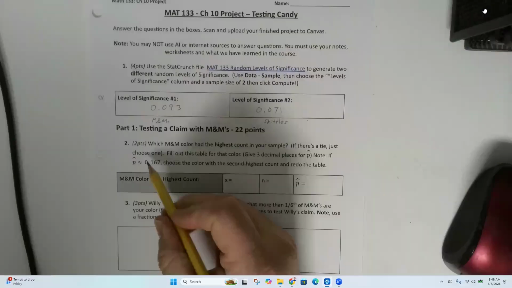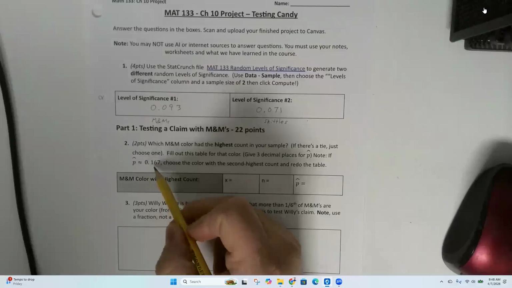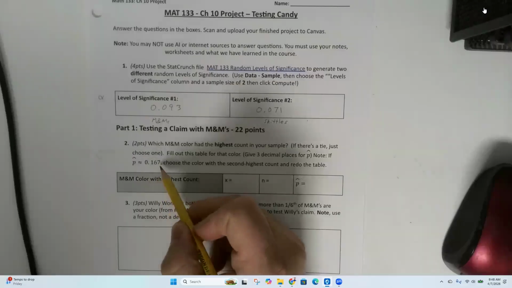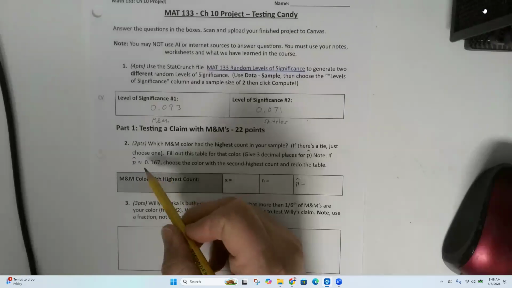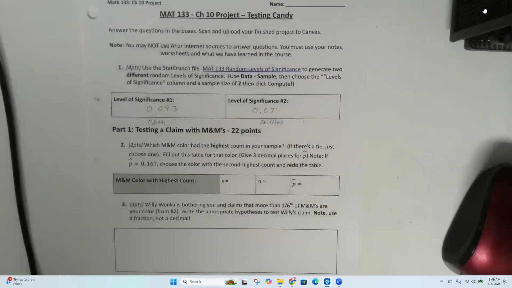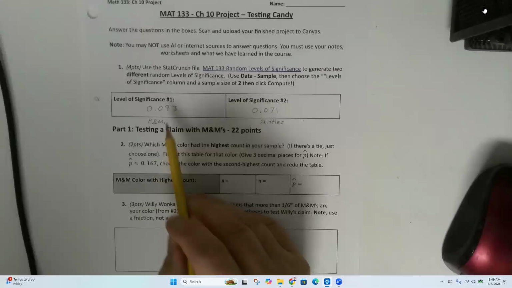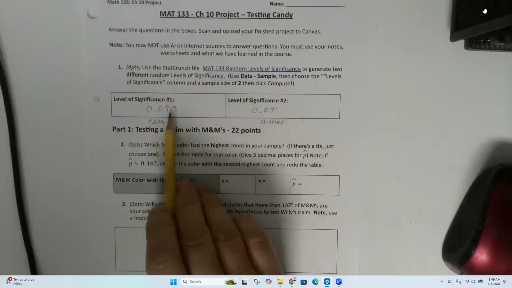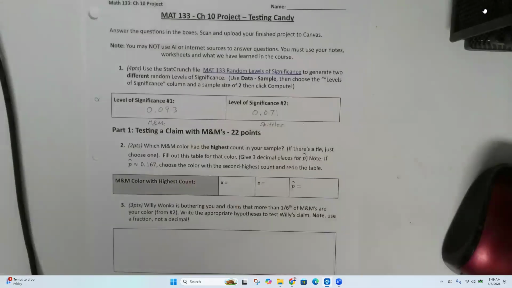So if my p hat is 0.168, that is very close to 0.167. And so I'm not going to actually be able to tell if there's a significant difference. There might be a significant difference. It's just that my test is going to fail because I'm going to fail to reject the null, because I'm not going to be anywhere close to the level of significance that I need. Okay. So the idea with a hypothesis test is